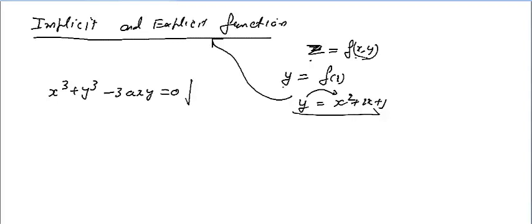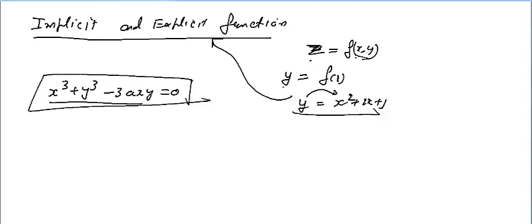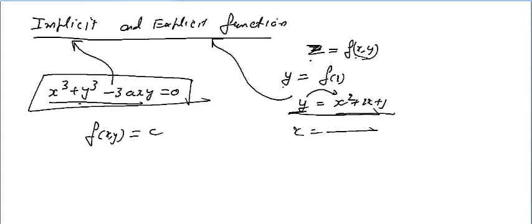So when you have such a function, this is a function of x and y, but you are not clear whether x is depending upon y or y is depending upon x, because you cannot write y on one side and everything on the other side that will be only in x, or write x on one side and everything on the other side that will be depending on y. Such a function is known as an implicit function. A mixed equation in x and y is known as an implicit function. In journals I will write it as f(x,y) is equal to constant. The constant may be 0, it may be anything. So in journals we will write like this.